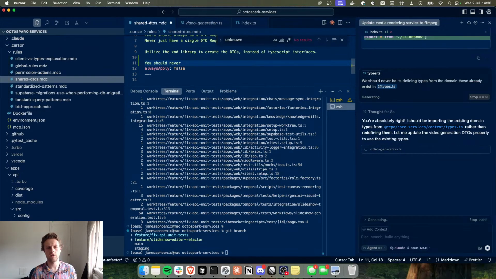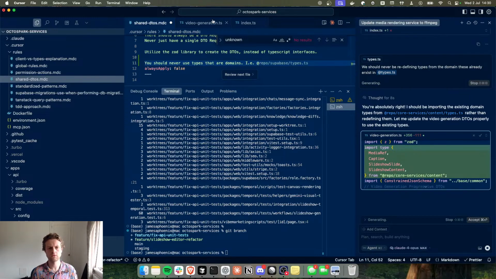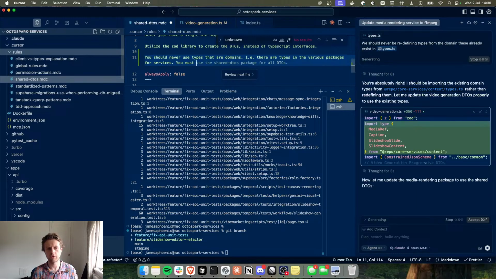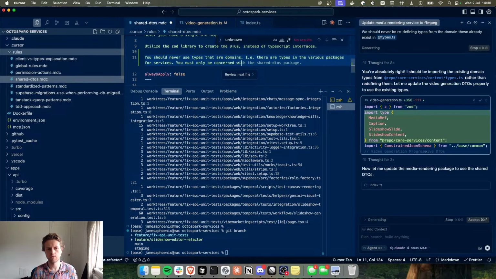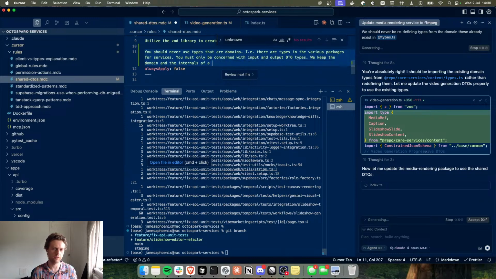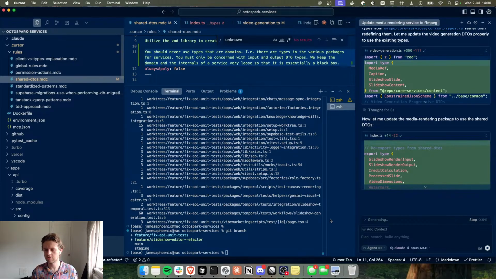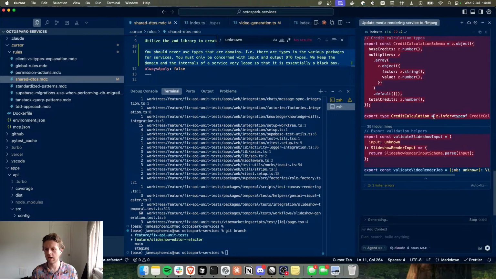You should never use types that are domain types, i.e. types in the various packages and services. You must only be concerned with input and output DTO types. We keep the domain and the internals of a service very loose so that it is essentially a black box. The reason we do that is it's going to allow us to easily have